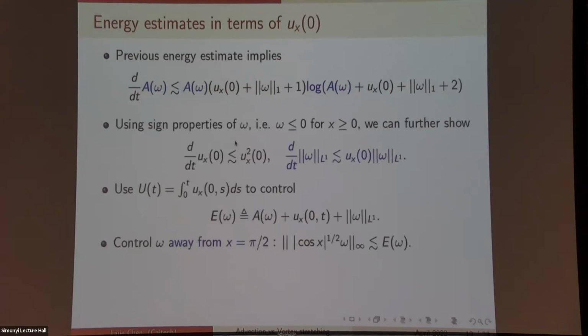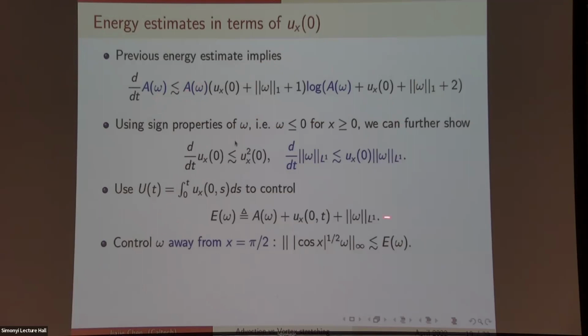Now, recall that the specialty of this quantity is that it can control the evolution of the L1 norm. It can also control the evolution of this point. So using this quantity and Gronwall's law, we can control this point and this point, so this point can be seen as bounded. And then by solving this inequality, we can obtain the control of this energy A omega.